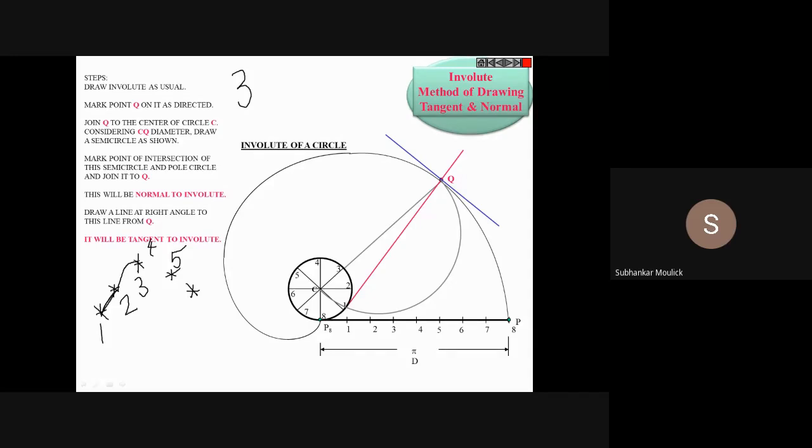Likewise, you have to complete the entire profile of cycloid, epicycloid and hypocycloid. It is not necessary that only a single curve is suitable to draw or to complete one particular profile. There may be a case that, say in an epicycloid, if there are a total of 8 locus points, the first 4 locus points you join by French curve number 5, and the remaining 4 locus points you join by French curve number, say, 7. The main thing which you need to keep in mind is that if the 3 consecutive